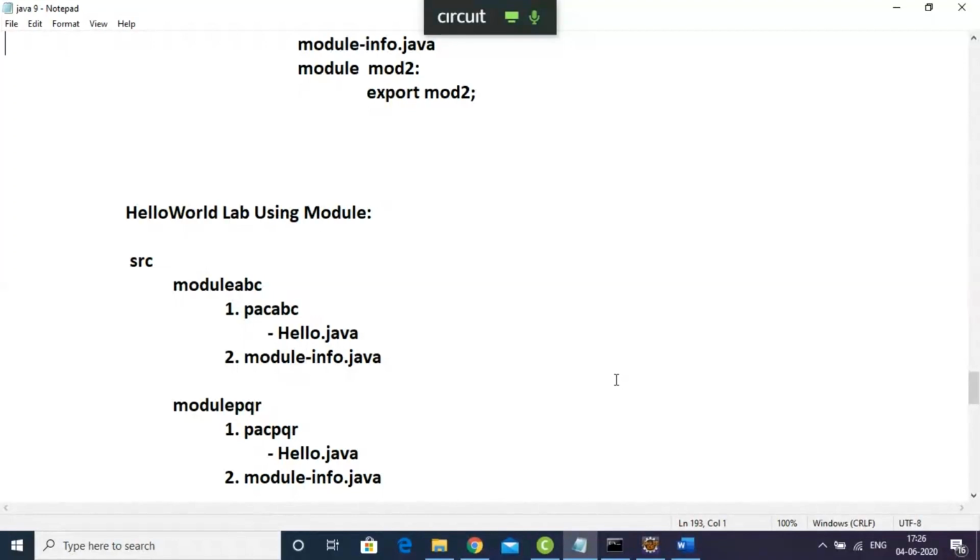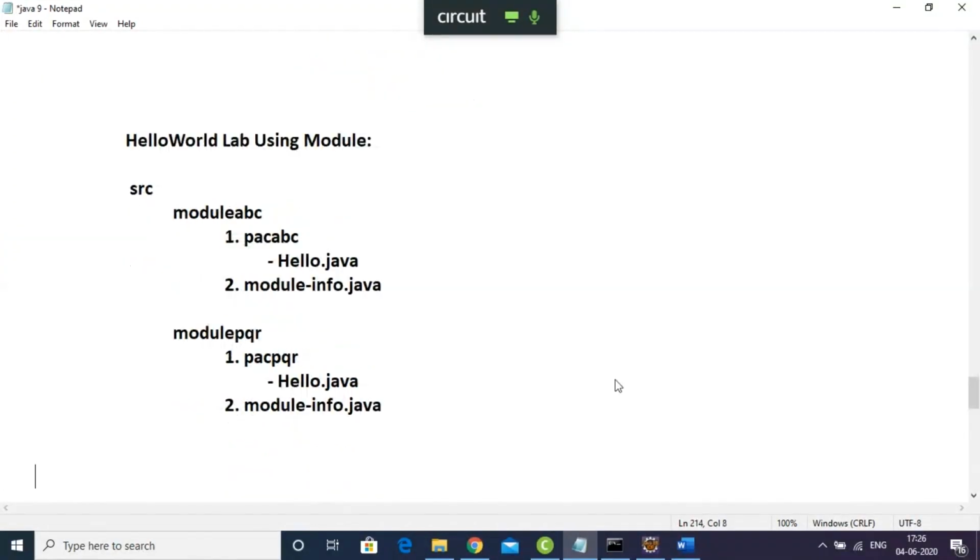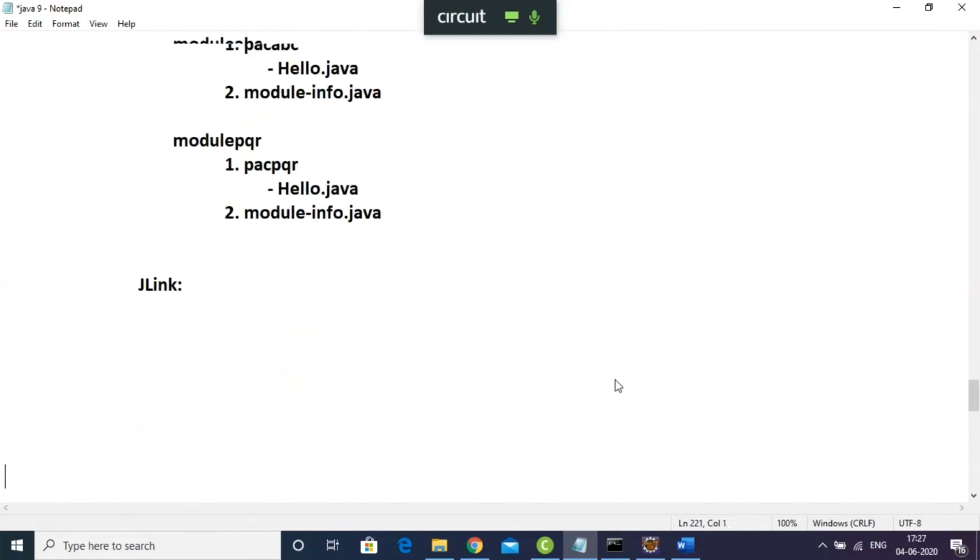Now the thing is, assume there is another concept in Java 9 that is called JLinker. This is a part connected with this only, JLinker. Or sometimes we use a term called JLink. What does it mean by this JLink? See, just now I told you that